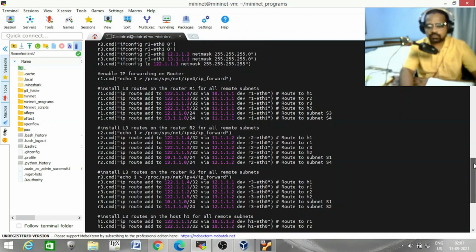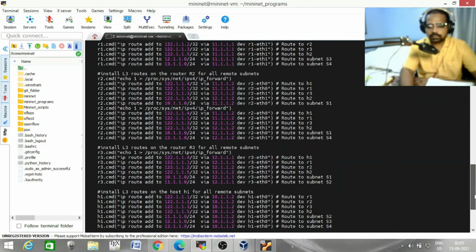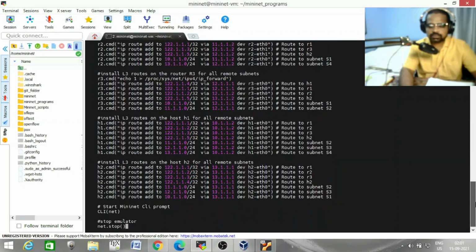Similarly do it for router R2, router R3, and host H1 and host H2. We are installing the routes in the routing table to reach every device in the topology. Okay, and this is net.stop to stop the